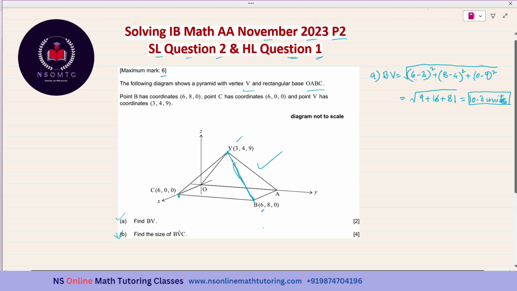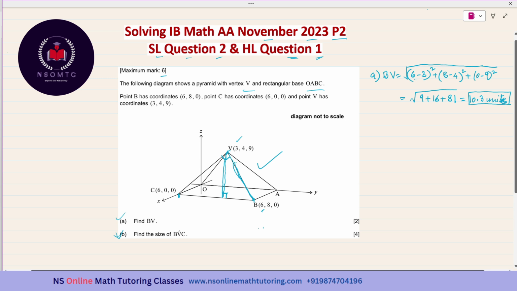Now coming to subpart B. Find the size of the angle BVC. That is this one, BVC. You can get the size of this angle BVC in multiple ways. You may draw the perpendicular, but in order to use that method,